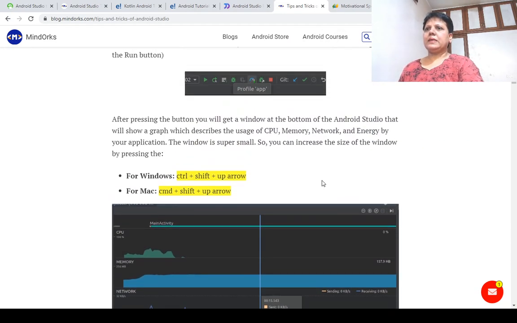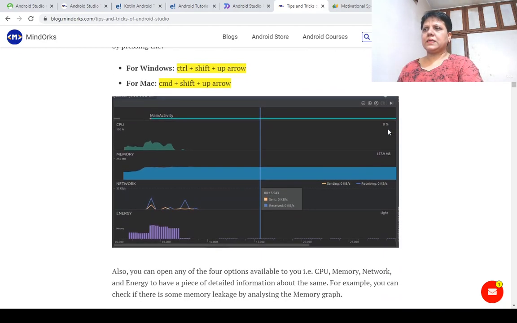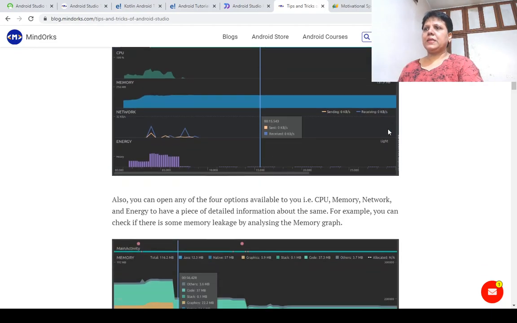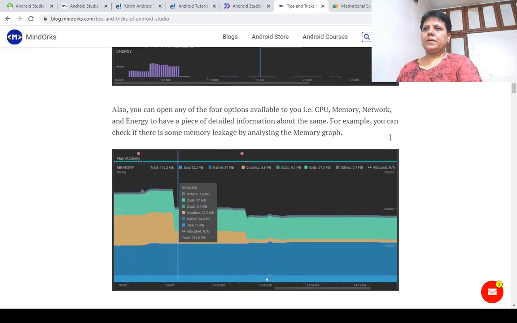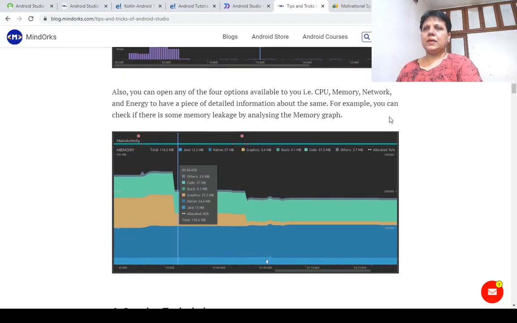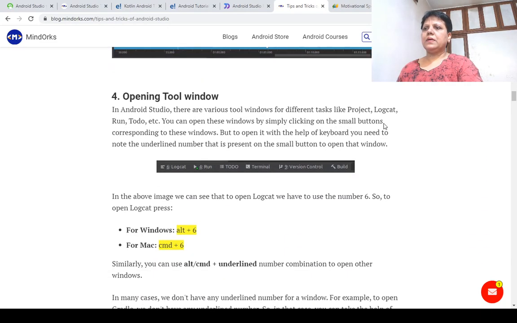It will display after pressing the button. You can see the statistics of CPU, memory, network, energy. You can open a single option to see the statistics: CPU, memory, network.